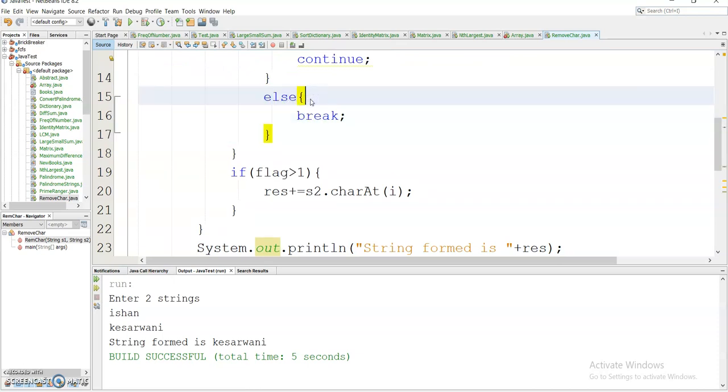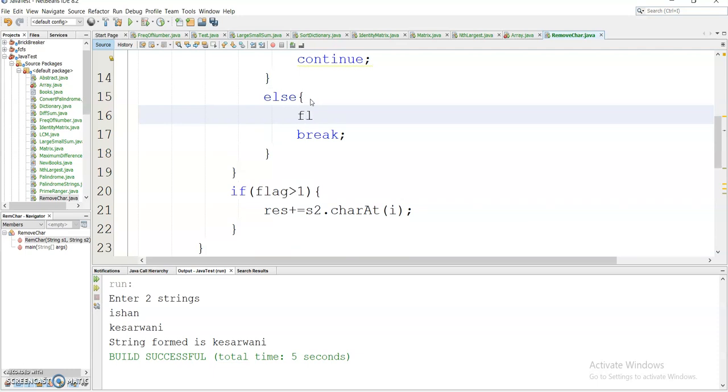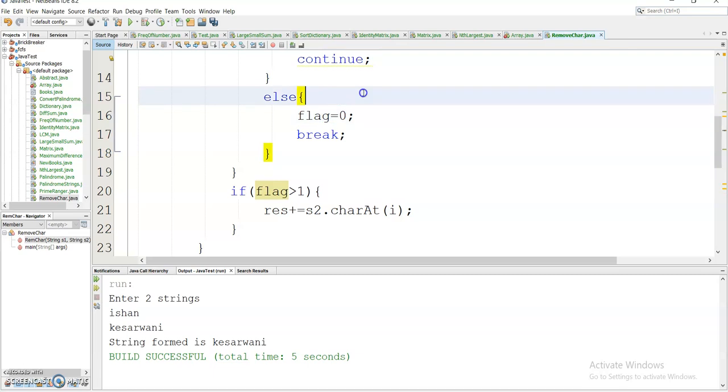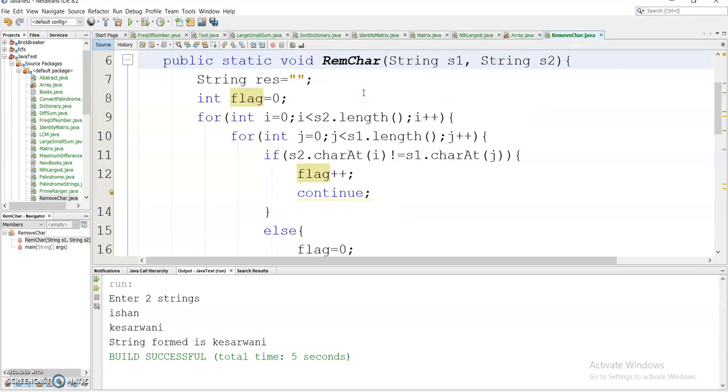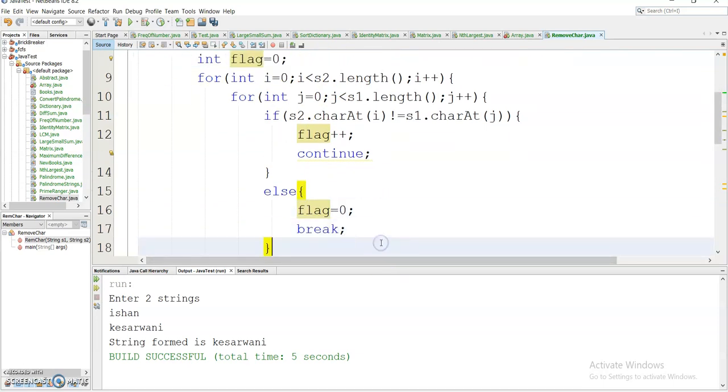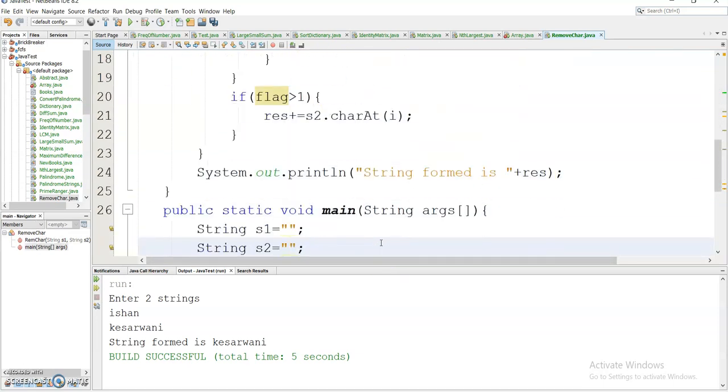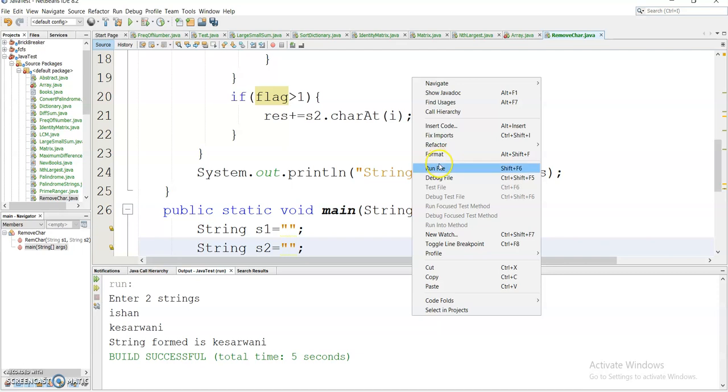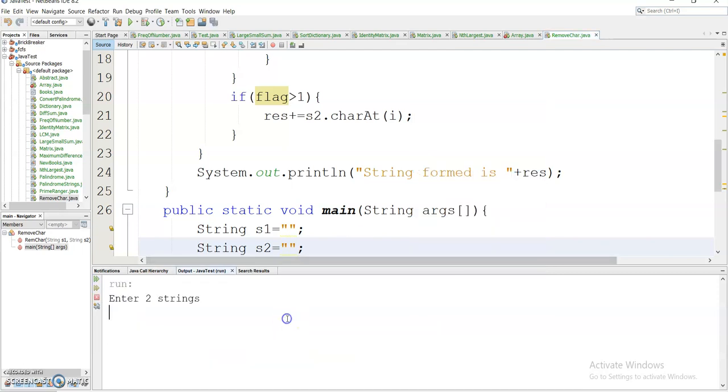But before using the break statement, I need to reinitialize my flag variable with 0, because I want the next value to start from 0 only. So it should be flag equals 0, and now it should work fine. So let me run this file again. So Ishan and Kesarwani. So you can see that the string formed is KERW.